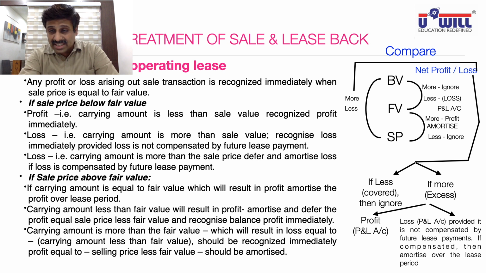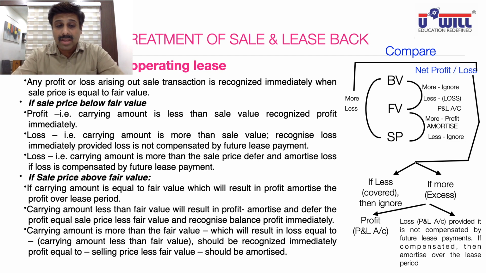And if it is less, then in the beginning itself we discussed fair value less than book value, right side, it is a loss and take it to P&L account immediately. Means in this diagram that situation is already covered. Next, if selling price is below the fair value. Now see on the right side, if selling price is below the fair value, then less, ignore. So first of all, in all these three situations on the left side, below the heading of selling price below fair value, right side, selling price and fair value comparison, less is to be ignored.